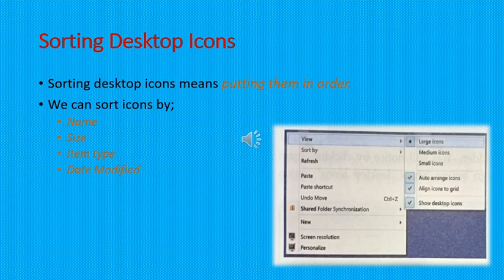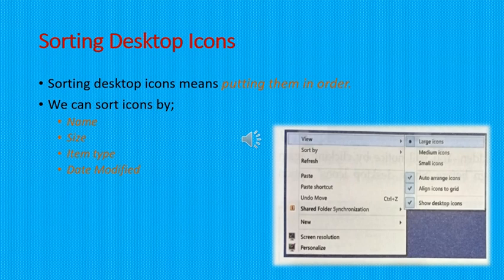Sorting desktop icons. Sorting desktop icons means putting them in order, that is, arranging the icons on the desktop. When the system is ready, you can see a number of icons of different types on the desktop. The system provides the facility to sort these icons or folders as per the choice of the user, that is, by name, by size, by item type, or by date modified.